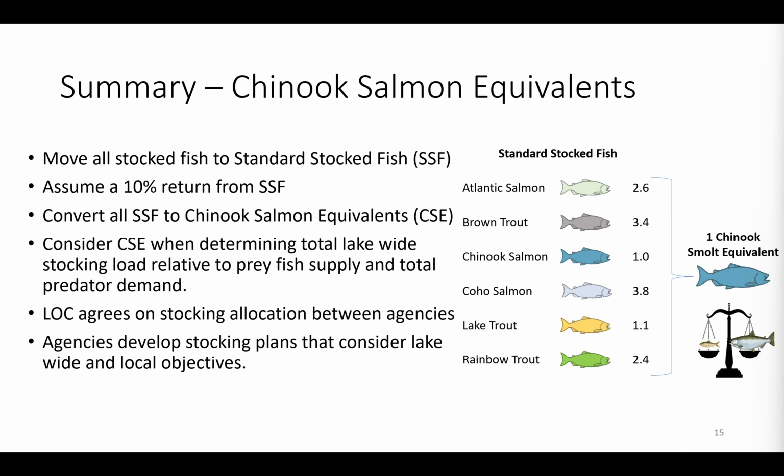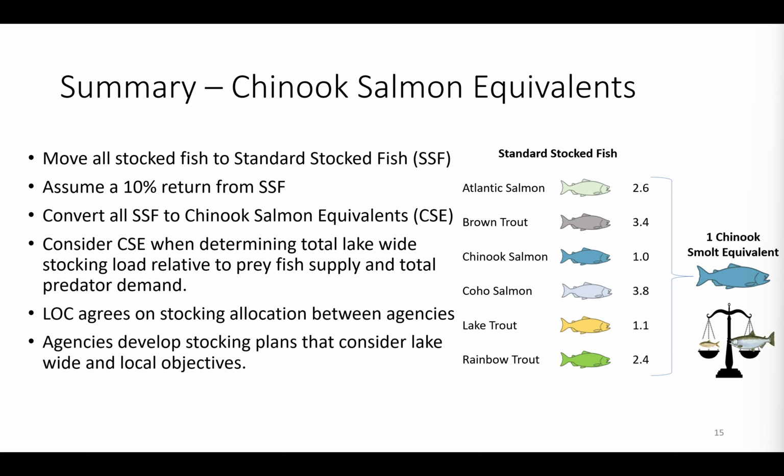And so this is just a bit of a summary, and I've got one slide that just gives you the numbers for 2024, where we're going. So the summary is we move everything to a standard stock fish. We assume a 10% return from standard stock fish. We convert all of those to Chinook salmon equivalents through the model that's in front of you here. And then we consider the Chinook salmon equivalents when determining lake-wide stocking load relative to the prey fish, and that's still in development,